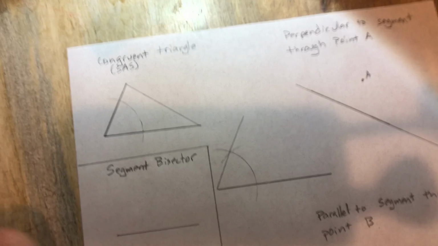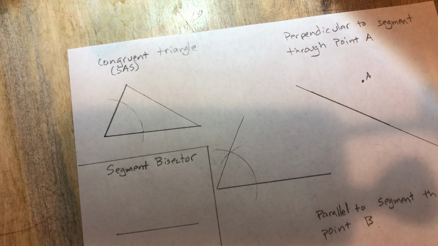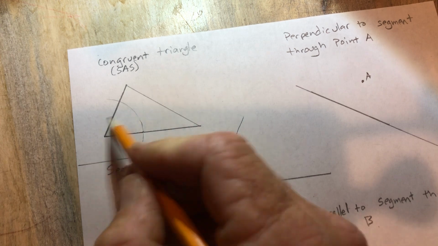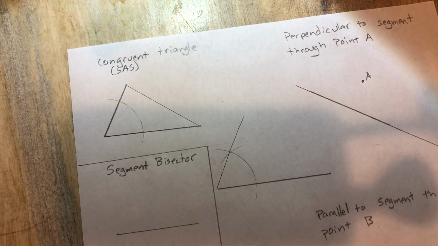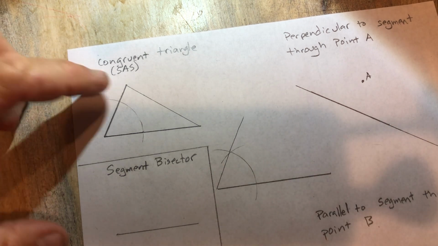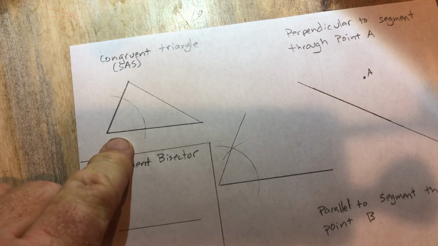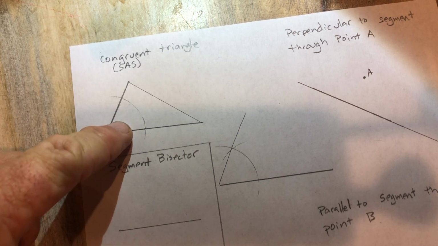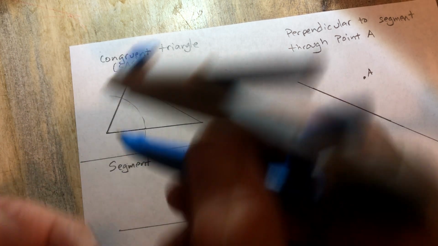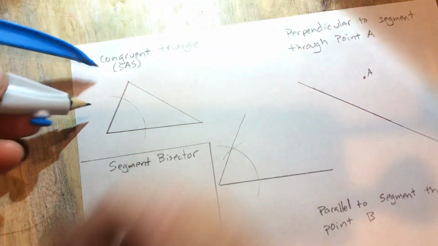You just need to measure, because right now what we have is a congruent angle. This angle is congruent to this one, and so now we just got to measure the two sides on either side of it. So we've got this side and this side. If we get those the same, then we'll have side, angle, side. So as I go ahead and measure that here,